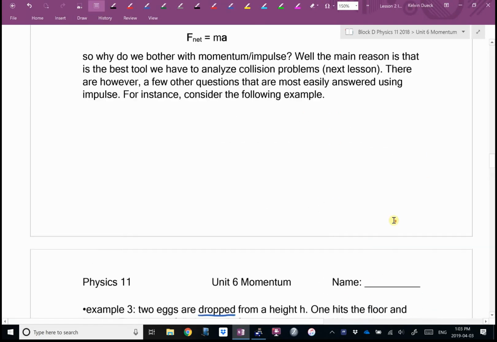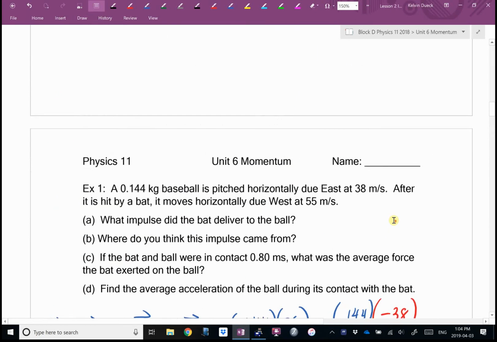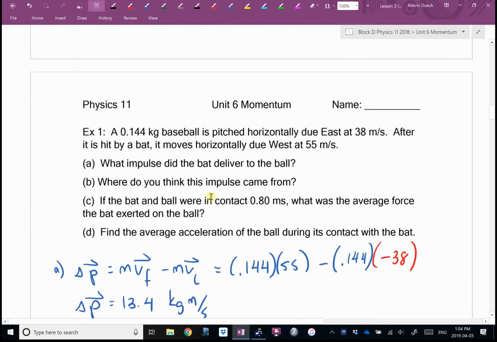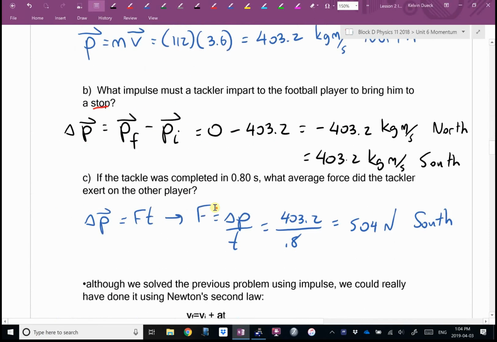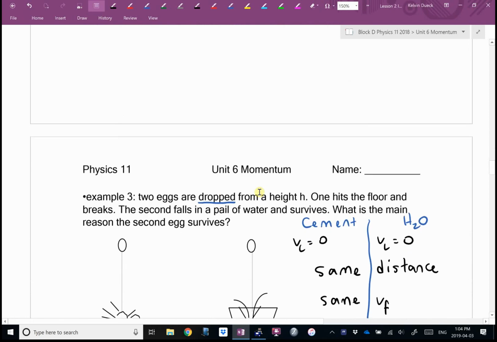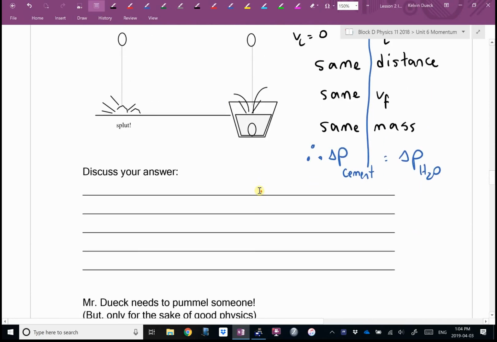And one way to calculate impulse, way back when, we said was V final minus V initial times M. So that was a big argument, Courtney, to say we're starting out with the same impulse for both of them. Same change in momentum. Is that okay, Court? Yeah. All right. So what I'd like you to write now here where it says discuss your answer,